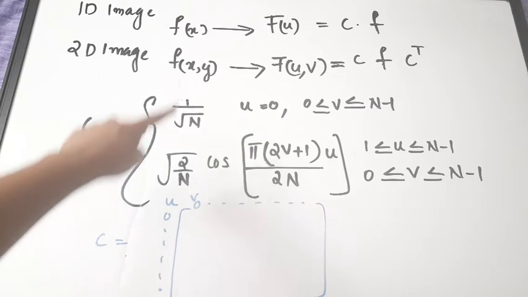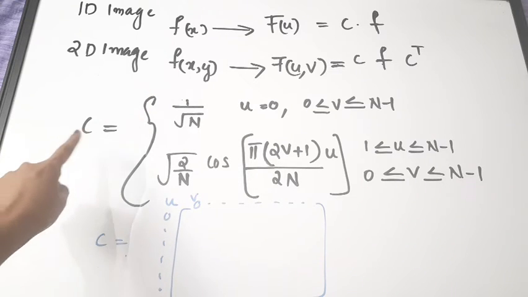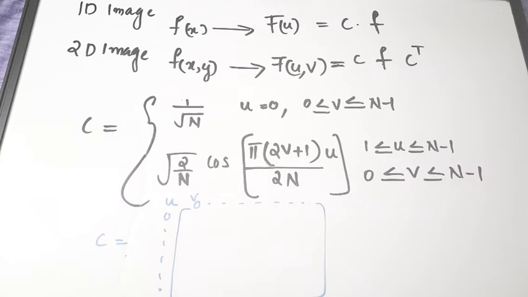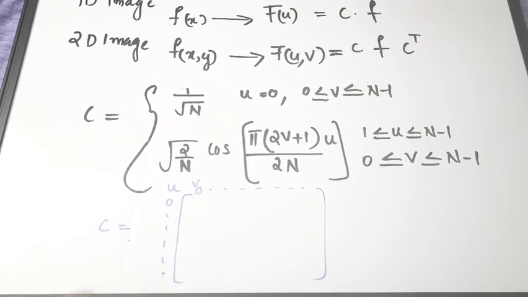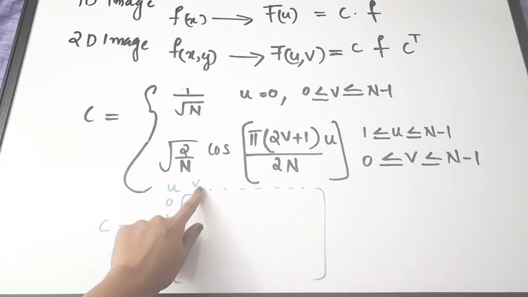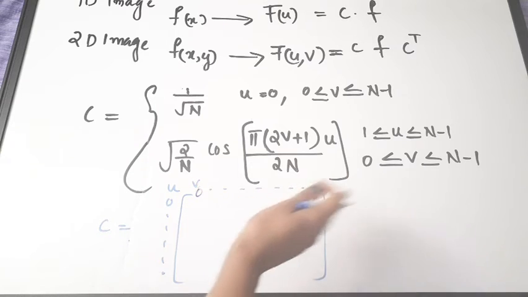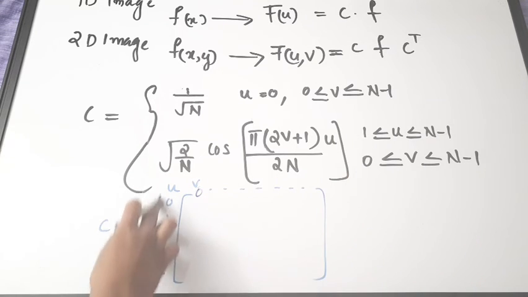Next, this is the equation for forming the matrix C. You have to first form the DCT matrix. Only then can you convert the given sequence to the DCT domain. So for forming the DCT matrix, you have to use this equation. I've also drawn the outline of your C matrix, that is the DCT matrix. It will have values of U row-wise and V values column-wise. It starts from 0 and goes onwards. On column you will have V, on row you will have U.